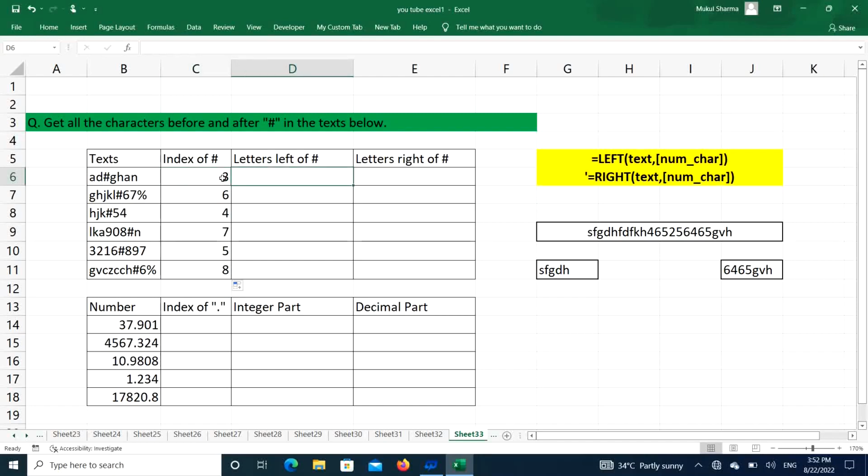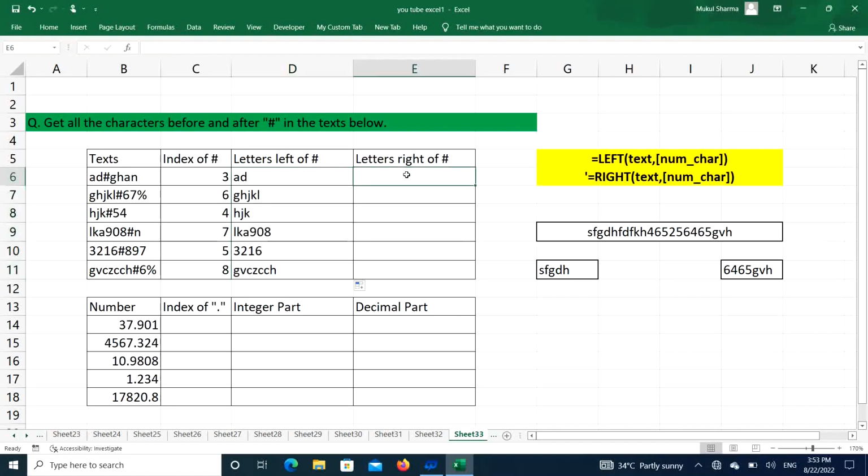Now, that means we need to subtract 1 from each of them in this formula, whatever we will be writing here. Now equal to LEFT, text, that means this one. Now number of characters. I have told you we need to subtract 1 from here. That means we need 2 here, we need 5 here, we need 3 here. How could we do it? We could simply select this cell and subtract 1 so as to make the formula dynamic. Now here you go guys, you got the first 2 letters and similarly you got all the letters that are before